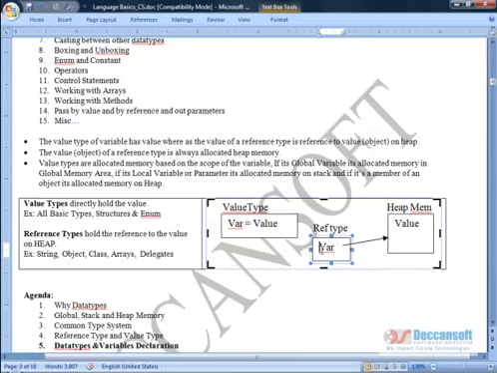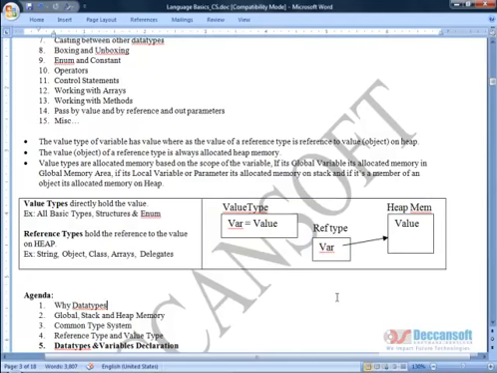Now here goes a confusion. When I ask many people what is the difference between value type and reference type, a common answer which I get is value type